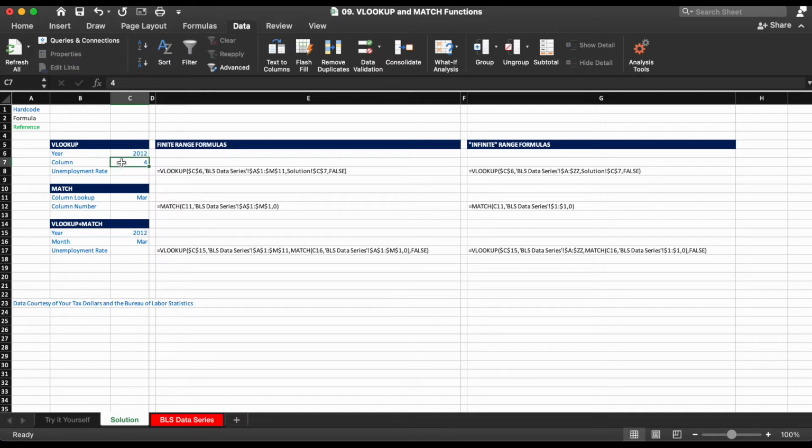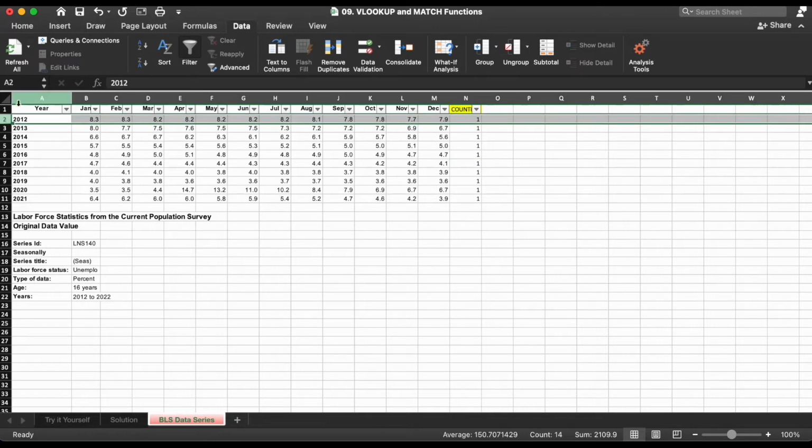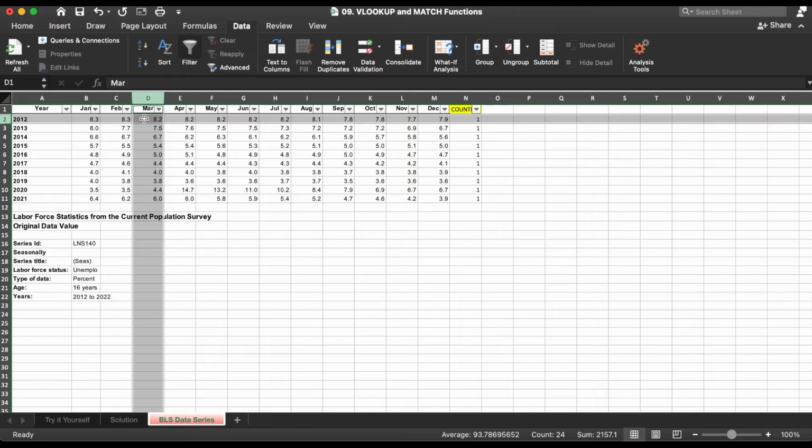And in C7 we see the number 4, which is how many columns we want to go over in the range. So if we jump over to our BLS Data Series tab, what we want to do is go to 2012, and then go over 1, 2, 3, 4 columns. And so we would expect the value 8.2.